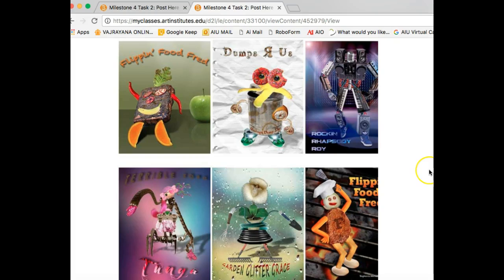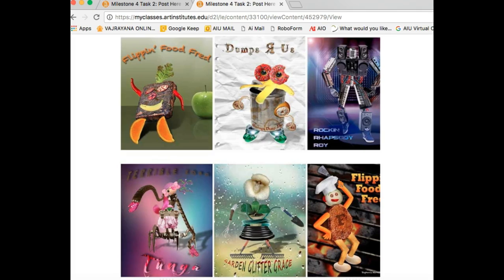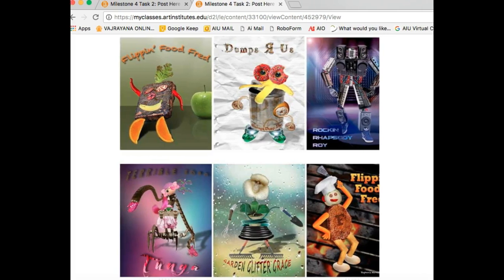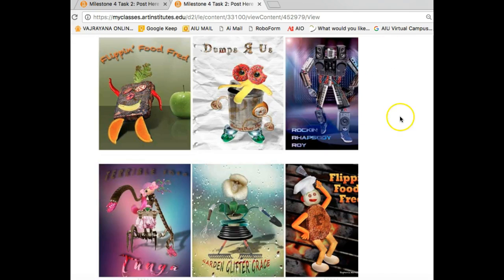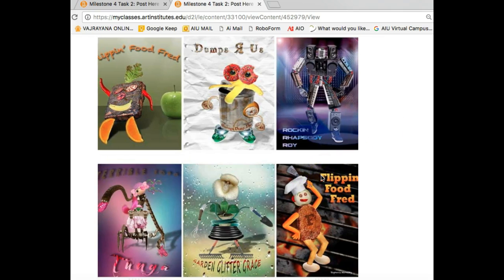So actually, I brought the examples. You've probably looked at these examples before. I've had them posted to the classroom, but I thought we would just look at them. Now, these are examples from week 5, like the very end of class, so everything has been really resolved at this point. So just keep in mind that your particular characters at this point do not have to look as polished as this. But one of the things that we can really learn from these particular designs is just how simple